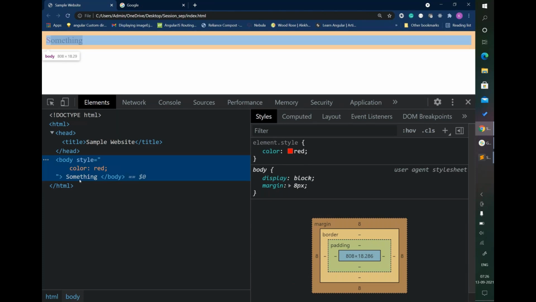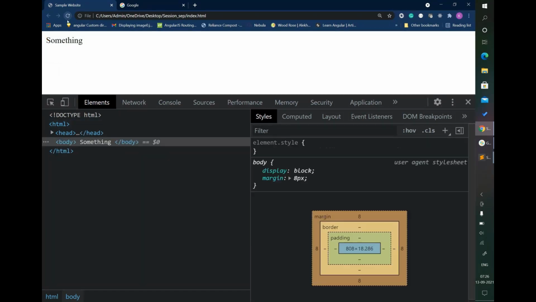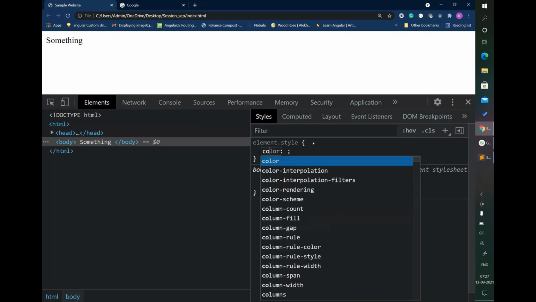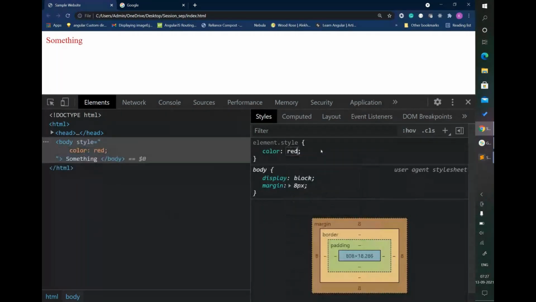So now we have seen that the style I have applied for this particular body is here, but when you refresh it, it will not give you that, because you are just trying to add some color over here and you are checking it is working fine with this developer tools. Okay, it is coming as expected,